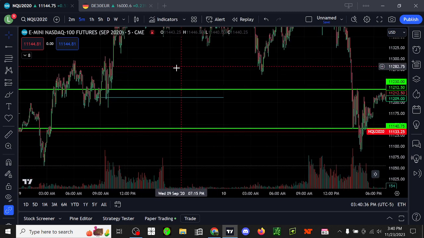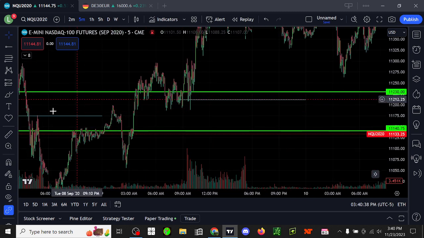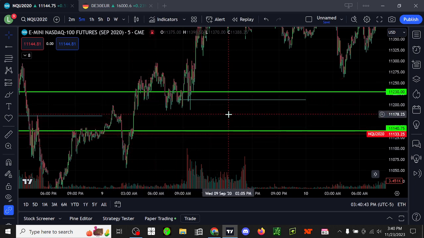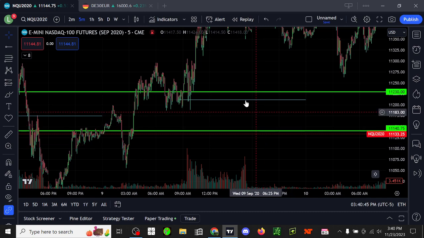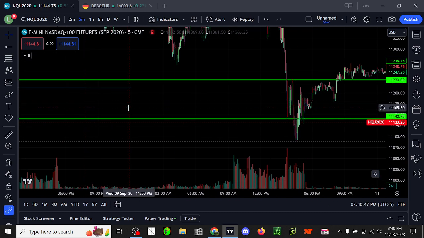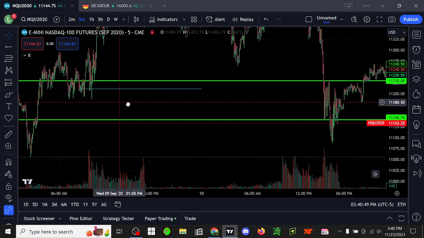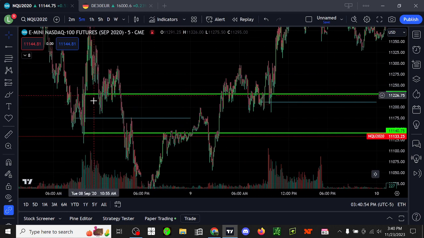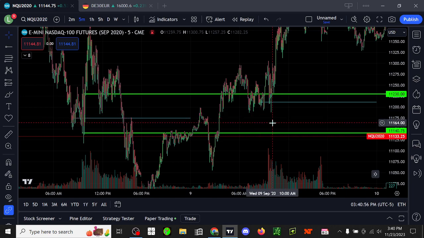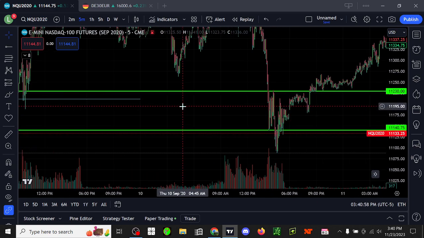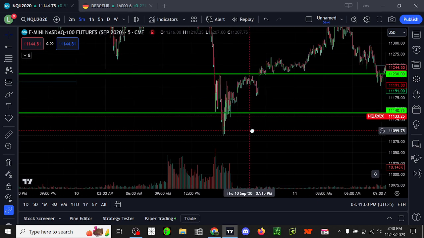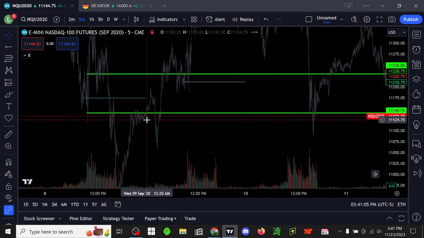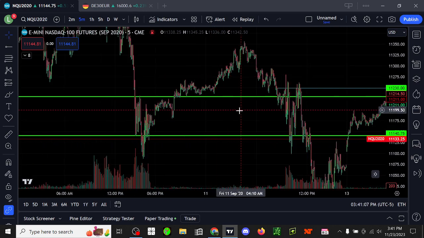Now, again, if you have too many of these ranges from all the previous days all overlaid, you're going to get inundated because they're going to be covering all over the place. Okay, so it is what it is. If anything, I would just mark the ones that haven't been revisited, and maybe mark the ones that have been used, but just have them for a few days, like 2-3 days, and then expect them to not work anymore.